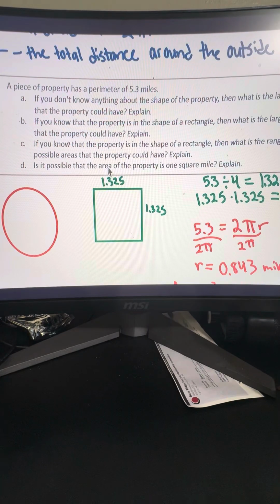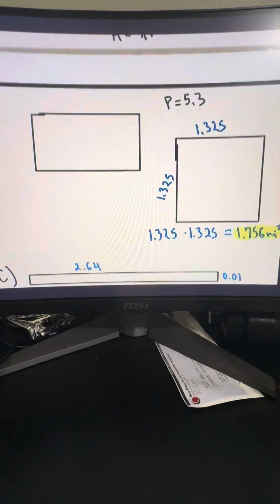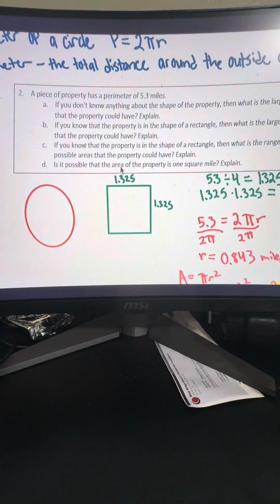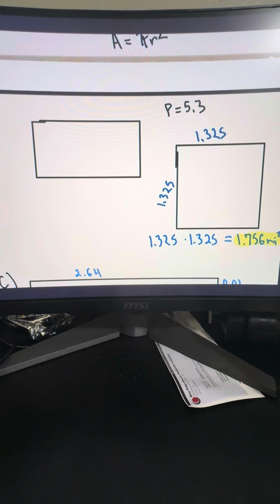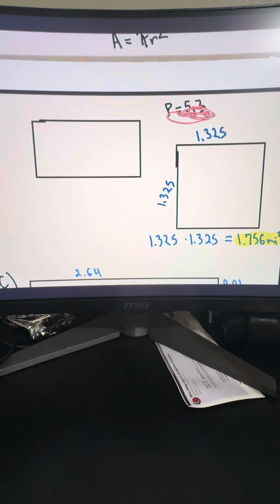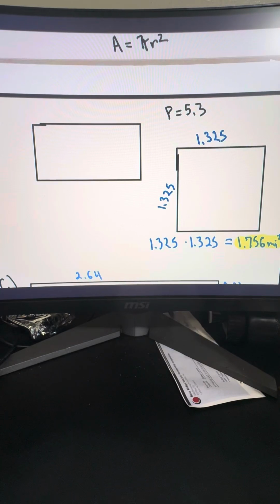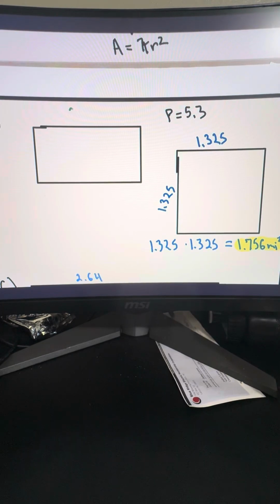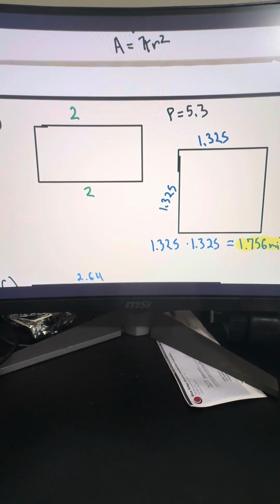Okay, so now we have a little more information to work with on what we're doing here. We're looking at a rectangle. So let's scroll down to where my part B is. So what is the largest area that the property could have? Boom. So we started to think about some rectangles. You know, we know the perimeter is a total of 5.3, right? So what if, okay, let's make it simple and start with a simple example. What if this side length is 2? That would make that side length 2. Okay, that adds up to 4, so we need 1.3 on the other